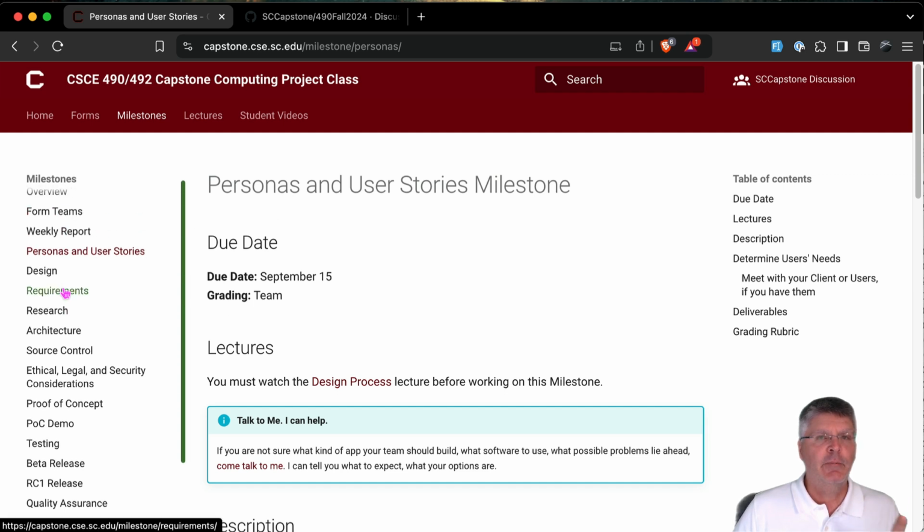At the same time, you need to also be learning your platform. So early on, you need to decide, I'm going to build an Android app. So you need to start learning Android programming and Kotlin and stuff. So you can do the research milestone. So